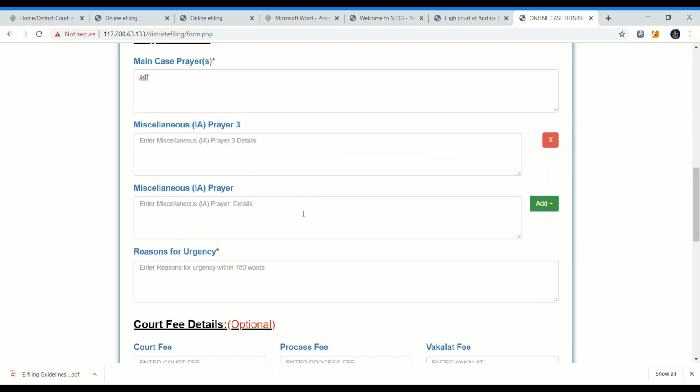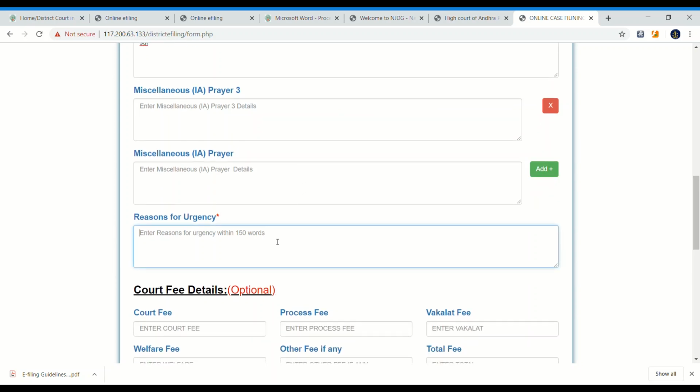And the main and important thing is reasons for urgency. What is the urgency, during this lockdown period, for which you want to file a case before the honorable court? Based on this urgency only, the honorable Principal District Judge court will allow your case for filing or reject it.